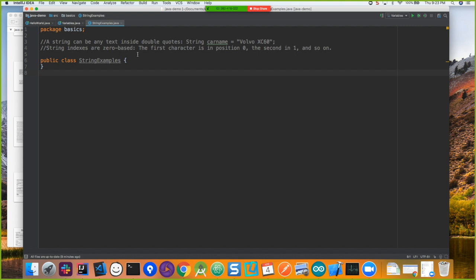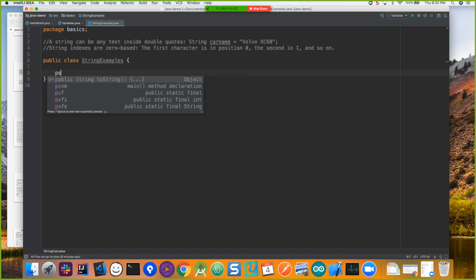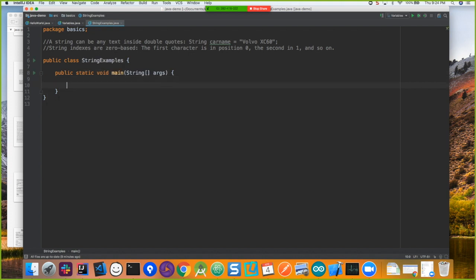String indexes are zero based. The first character is in position 0, and then the second is in 1, and so on. Again, everything starts to count from what? 0. So whatever count you want is always the length minus 1. We have to take that into account. So let's start doing some manipulations. First, we need the main method, otherwise our code won't execute. We'll set String firstName equals to